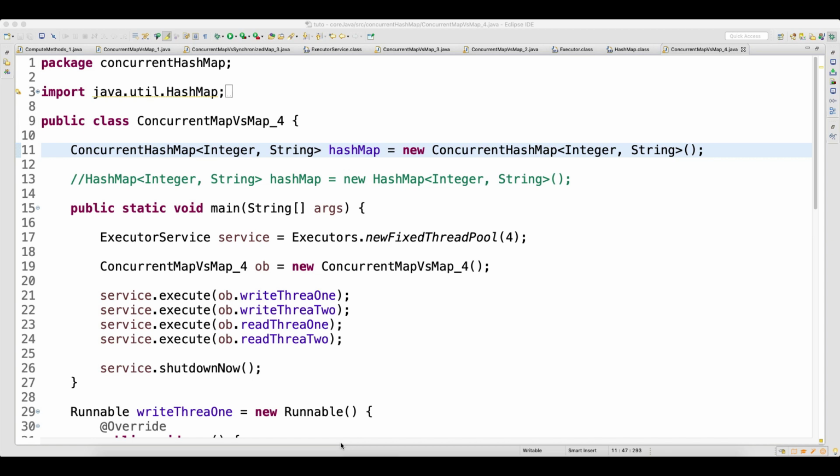Welcome back guys. In the last video we saw that the problem was we were getting concurrent modification exceptions when we had reads and writes with multiple threads, right? Now how can that problem be solved? We know that HashMap is not synchronized, so when multiple threads act on the HashMap and you have a read and write at the same time, you will have an issue. So how can this be resolved?